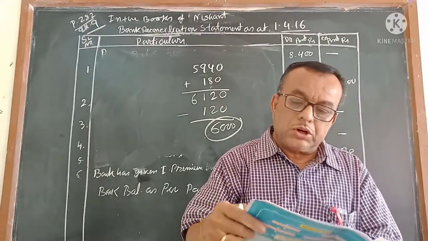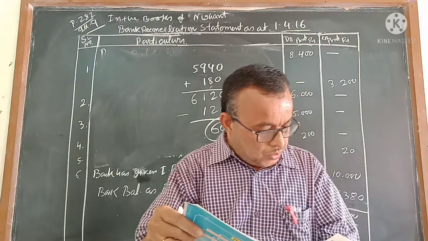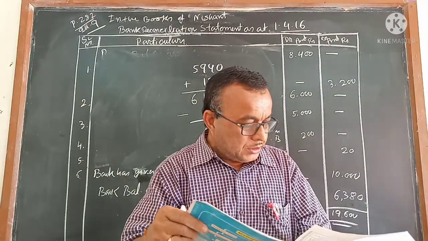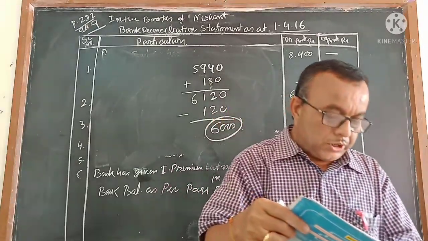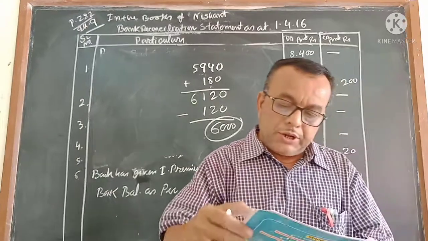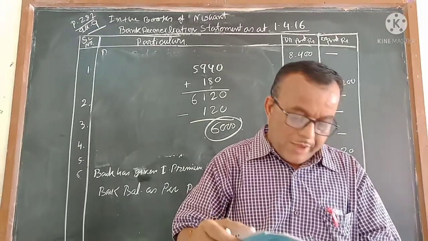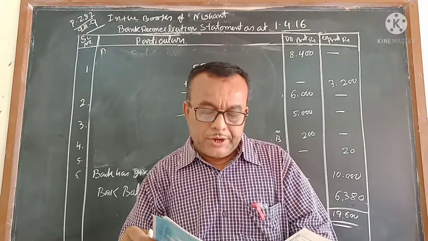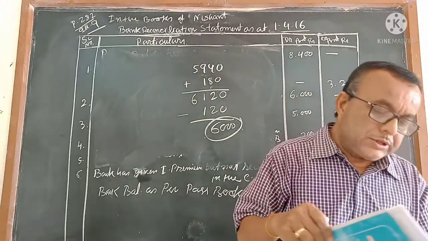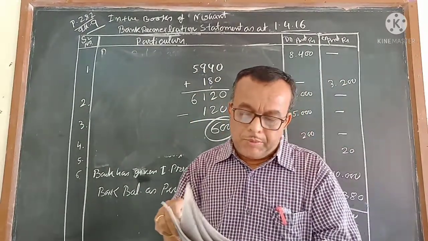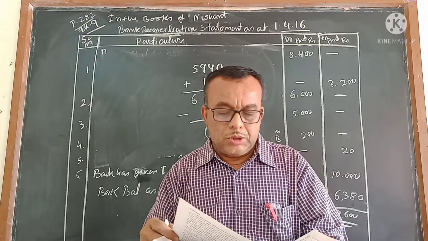This 120 is not the top of bank charges. This 120 is on the 30th date. So this is another 120. So how many amounts are you getting? 1, 2, 3, 4, 5, 6. Six amounts you are getting, where these six amounts are creating problems for not making both the books equal balance.